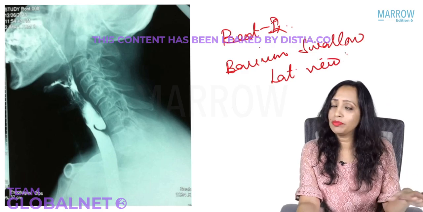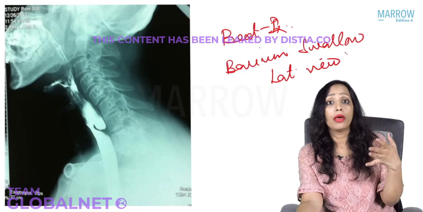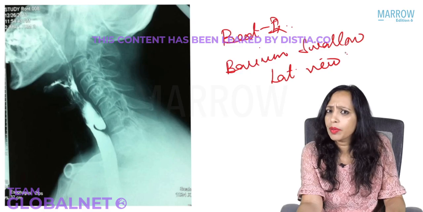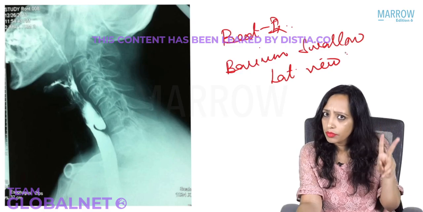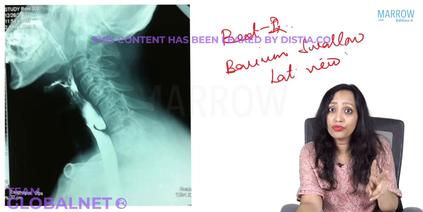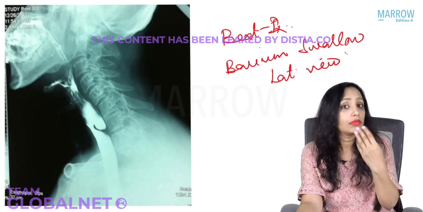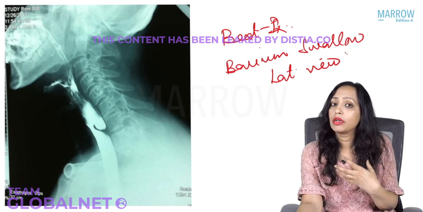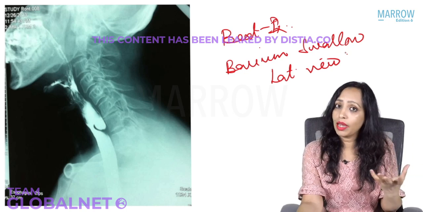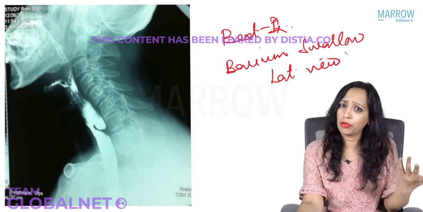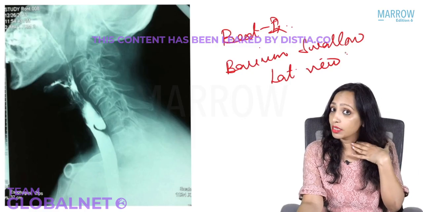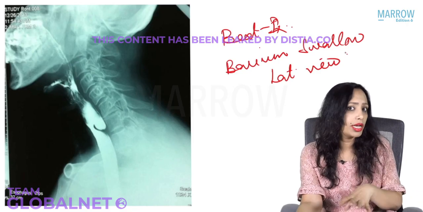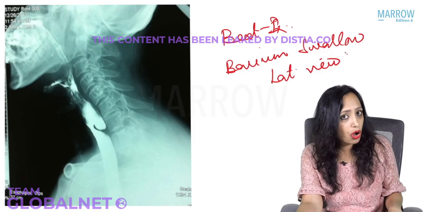Yes, so you have confirmed that this is a patient of pharyngeal pouch by the history that the patient was giving. What history the patient was giving? Tell me quickly. Halitosis, regurgitation of what food? Undigested food, recurrent hoarseness, laryngitis, dysphagia. Yes, and there can be lung complications. Along with that, there is a swelling here. Might be present, might not be present. If present, how do you know? Gurgling sound. What is that known as? Boyce sign.